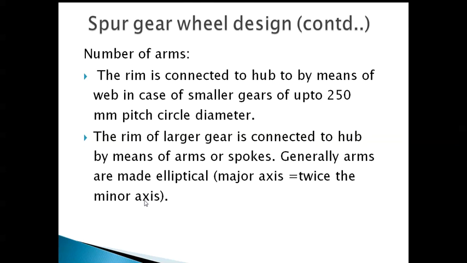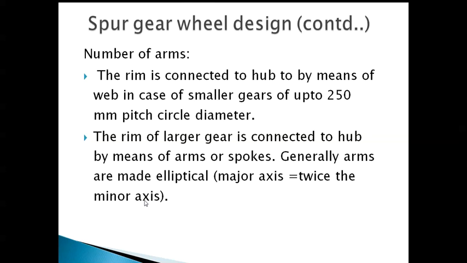The rim of a larger gear is connected to the hub by means of a number of arms or spokes. If the diameter of the gear is more, then we need not have a web, because there is a wastage of material. To avoid that, we just use a number of arms or spokes to connect the rim with the hub. Generally, arms are elliptical in shape, which has a major axis